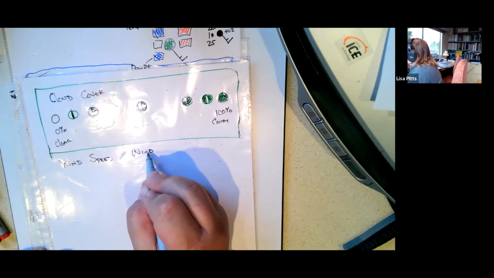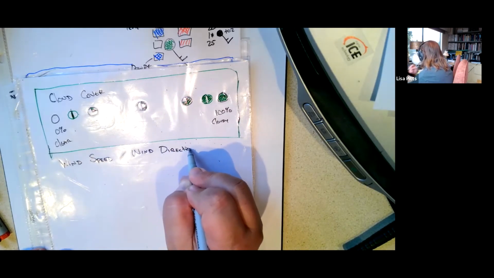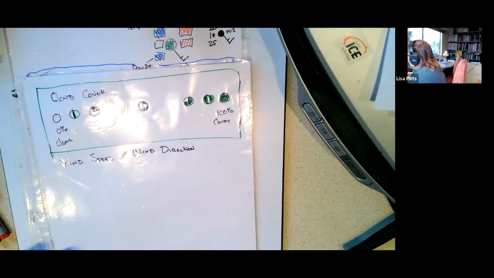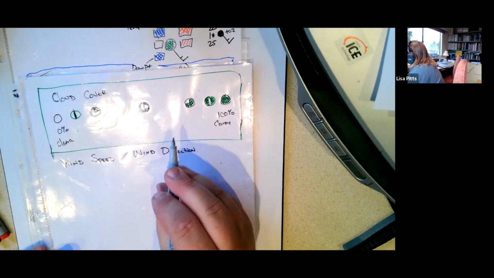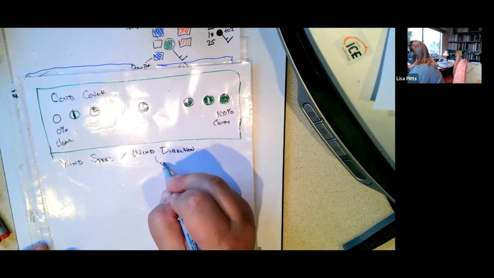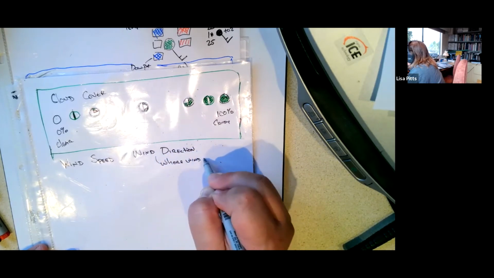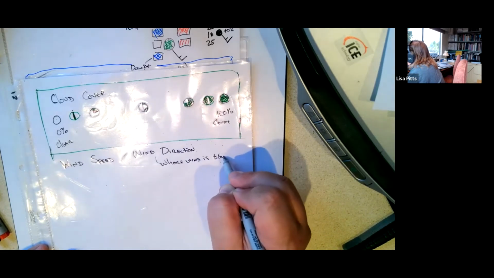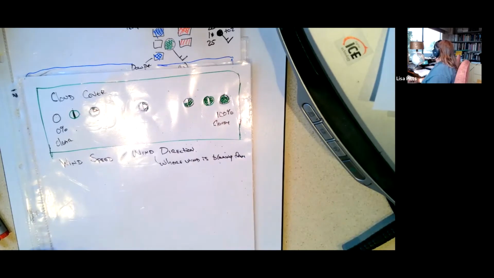It tells you both. The wind direction is where the wind is blowing from. And yes, it makes a difference because, well,